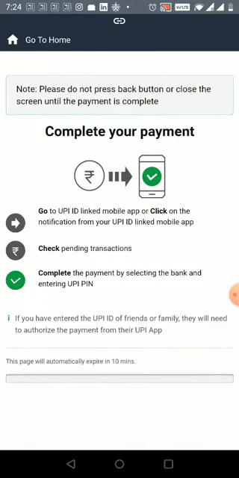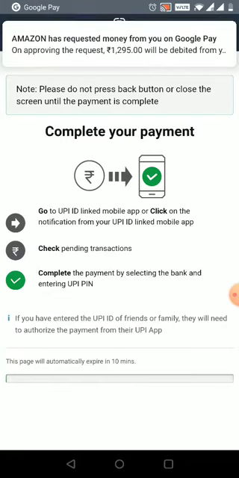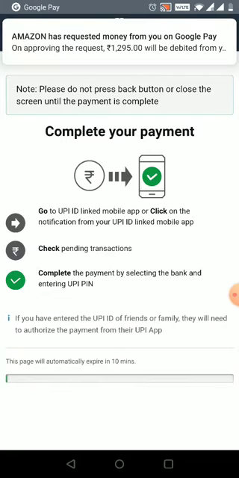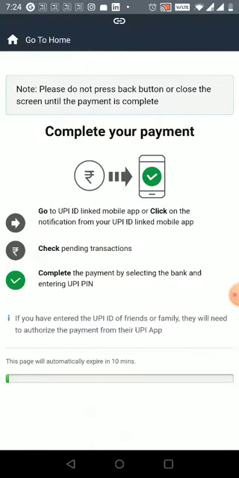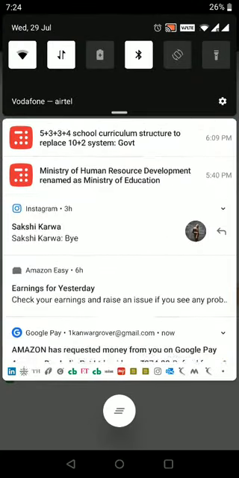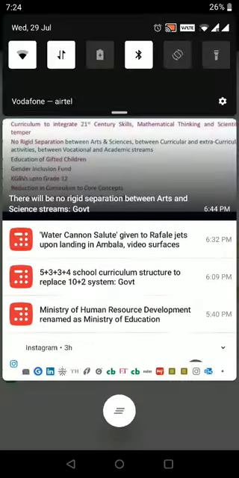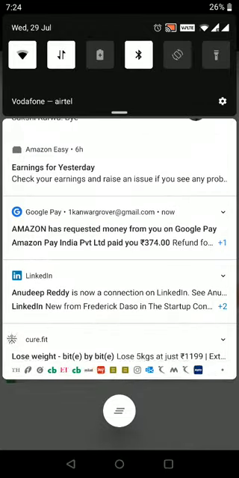Now a UPI link has been sent to the mobile app that is being used, right? Say that request has come on my Google Pay account in order to pay. Now what we need to do is go out of this app, go into say Google Pay or whatever UPI app that you have told for usage.